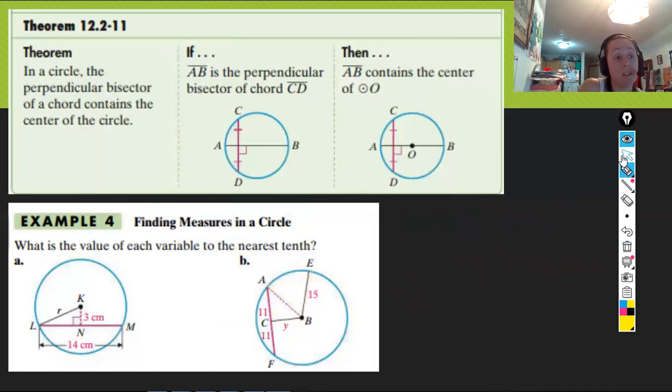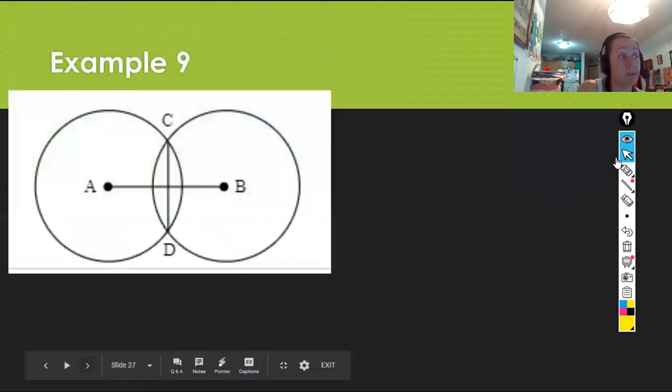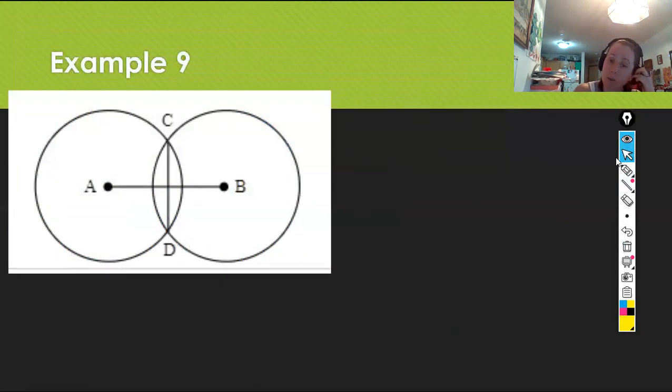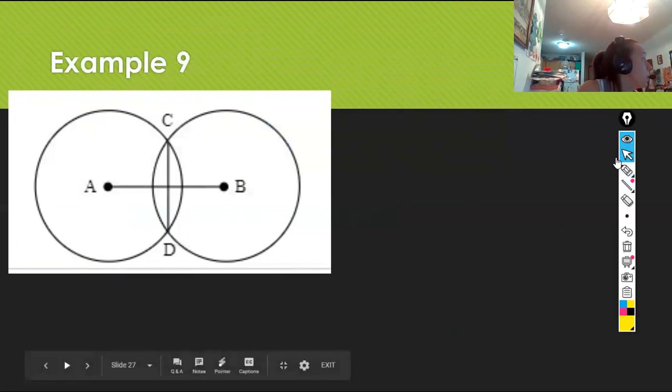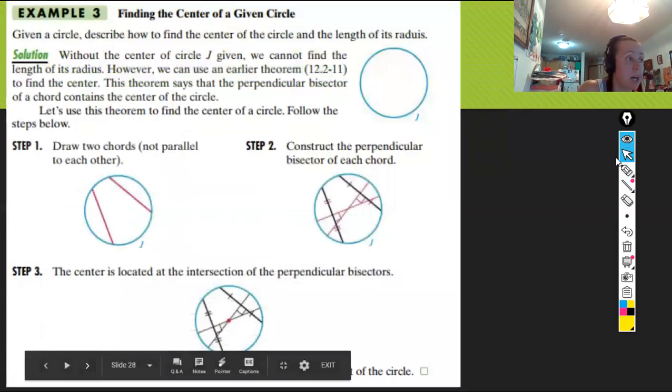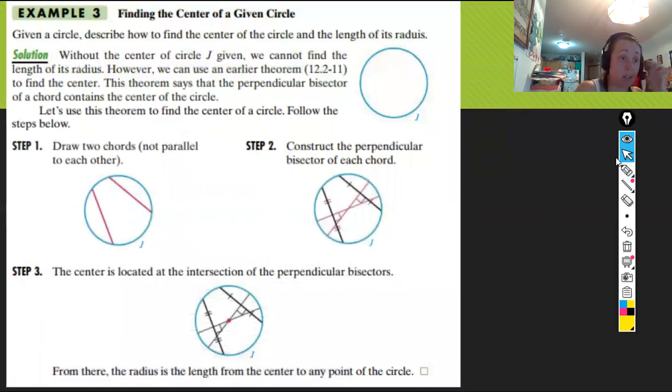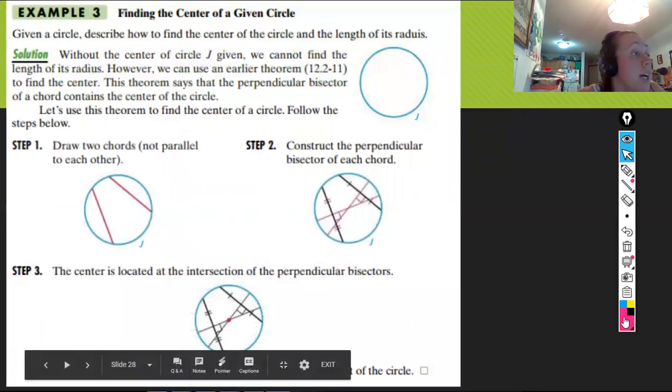So again, it's just making a bunch of triangles. That's what you're trying to do. This one's a little crazy. And you know what? I just realized I forgot to write down what we're supposed to do with this one. So we're going to ignore this one here. My bad. All right. You will have a question come up that talks about how do you find the center